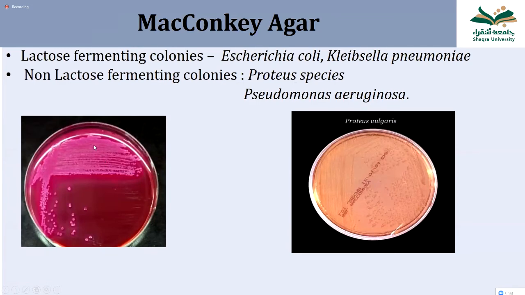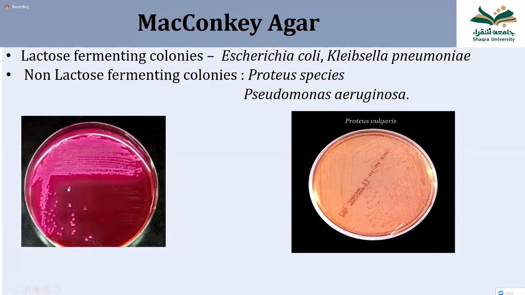Now you tell me what difference you see in this plate and this plate. I am not asking anything else, I am just asking what difference you are seeing. The color. Yes, color. The left picture is pink. And the right one? Brown. The light one is not that pink. The background color, the medium, is similar. So it is not red.